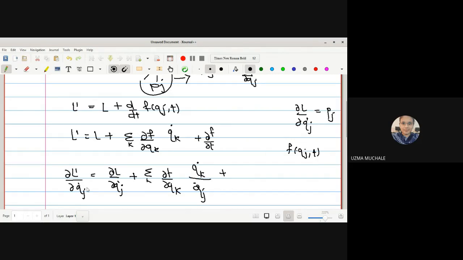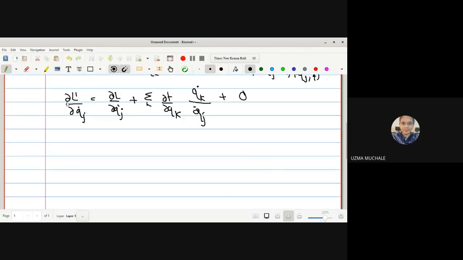But here it is qj dot. So is dou f by dou t a function of qj dot? No, ma'am. So the derivative is 0. Again, I have evaluated this in the first unit, even in the second unit many times, how to evaluate the derivative of qk dot with respect to qj dot. It is just like the derivative of x1 with respect to x1 plus the derivative of x1 with respect to x2, and so on. As we are taking the partial derivative, x1 with respect to x1 is 1, all others are 0.